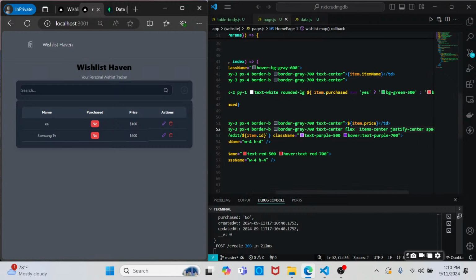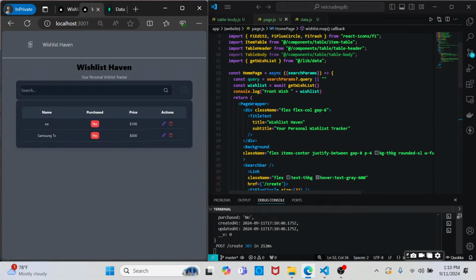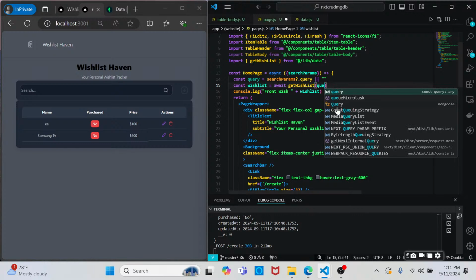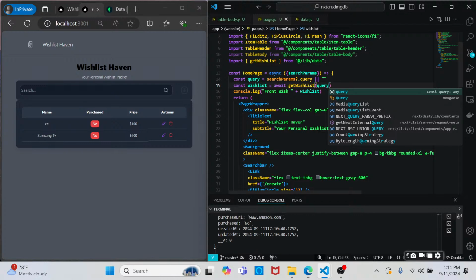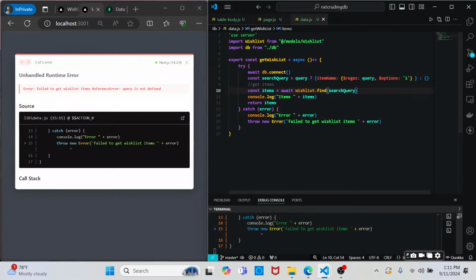That's perfect. So with that, now we are ready to, let's go back and fix the search feature since we have more than one option now. So remember, the reason we weren't getting the information before, for whatever reason, the prop wasn't working, but we've adjusted. So now let's go back and add in the search query capability. So I'm going to pass in the query into the get wish list function, and then I'm gonna go back to data. Let's uncomment the search query, and then defined, let's pass in search query, hit save,